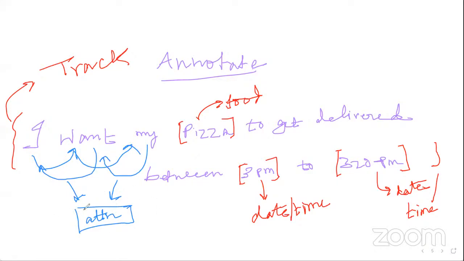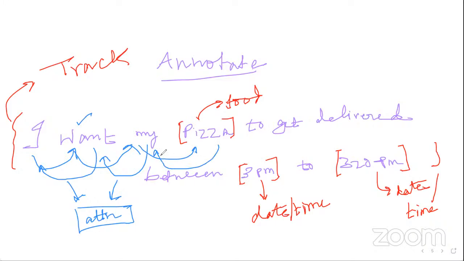So the attention vector gives importance. "Want" is an important vector here out of these two. "I" and "my" get both the information, feed forward, "I want my", as well as "my" to "want". And eventually from pizza also it keeps on going: "my" to "pizza", "pizza" to "my".